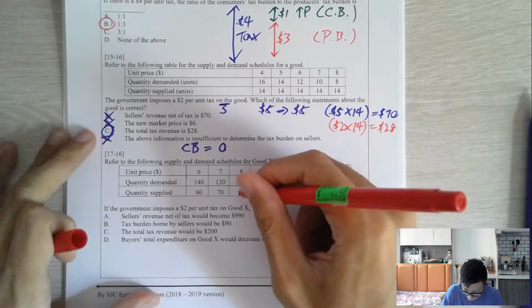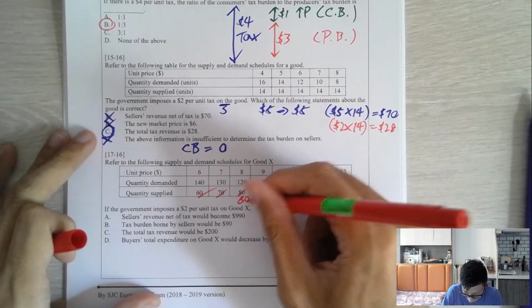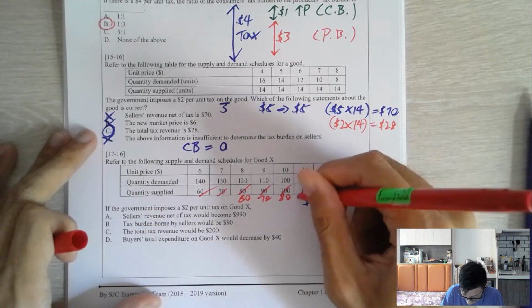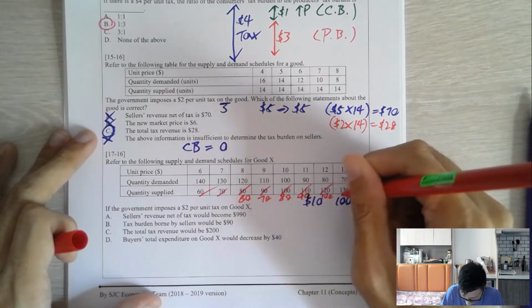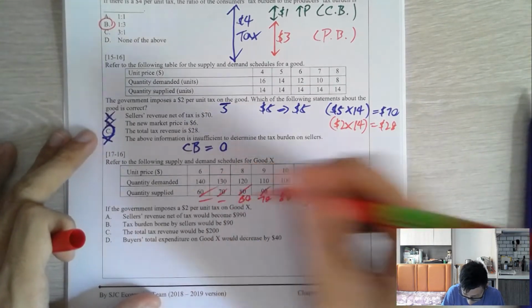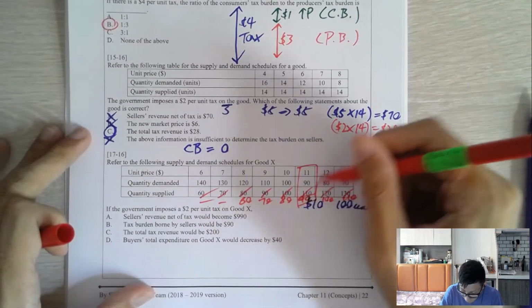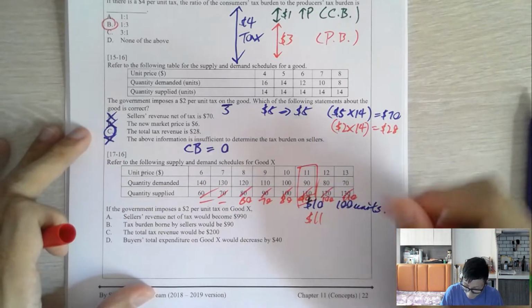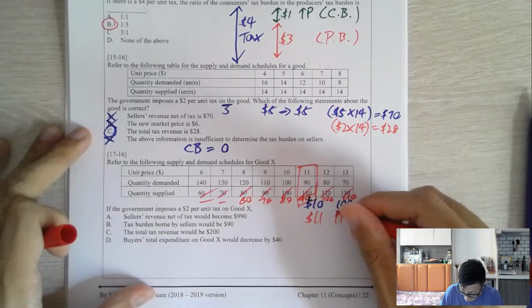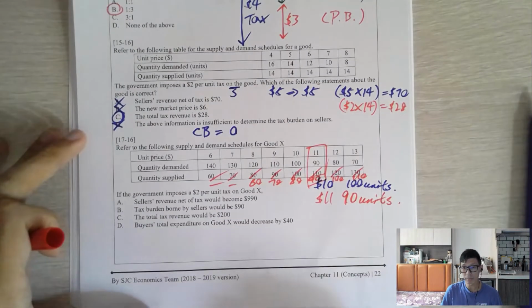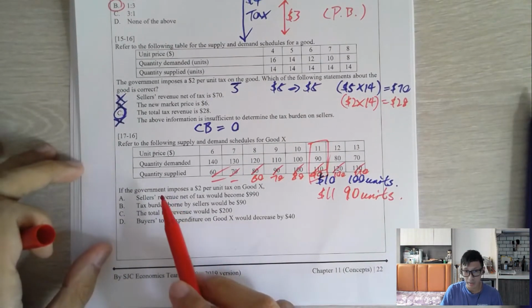Now I need $8. 而家要加2蚊啊，所有嘢都 OK 80、90、100、110. These two irrelevant. We see that the new equilibrium would actually be here, $11 at 90 units. Okay，好嘛？